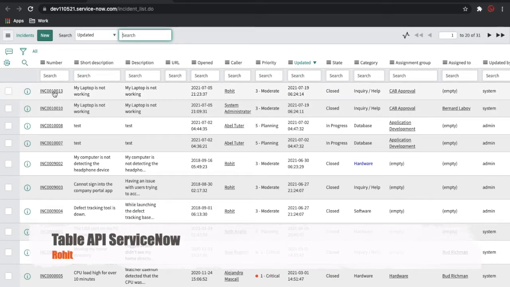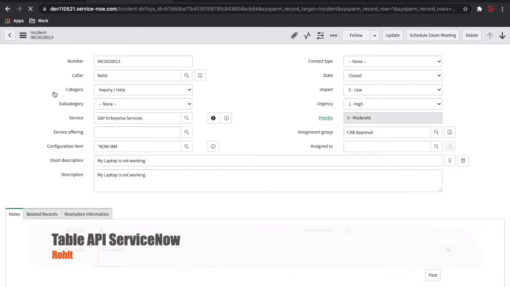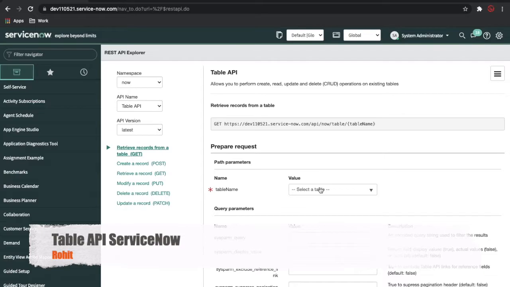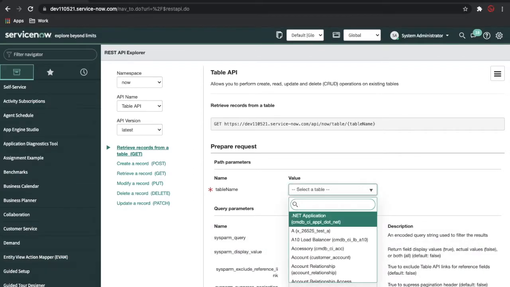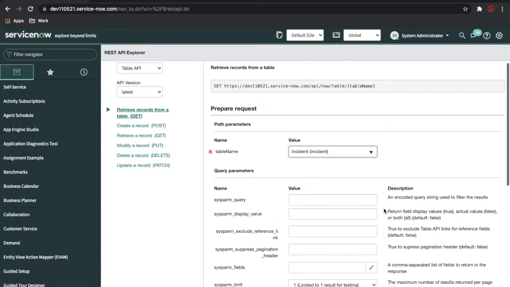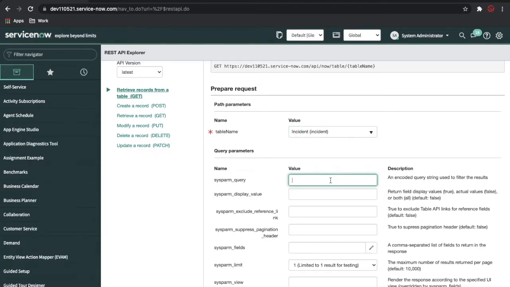Let's say this is one of the incidents, and I know the incident number, and I want to do some research or get some details on that incident. How can I do that? In the REST API Explorer, you have to set the table name equal to incident. So we are going to set the table name equal to incident. And the second thing is that you have to type the encoded query for that. In our case, it is number equal to the number. If you know the number, you can pass the number.